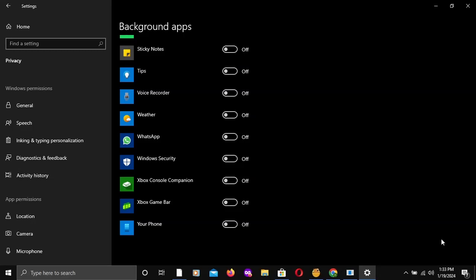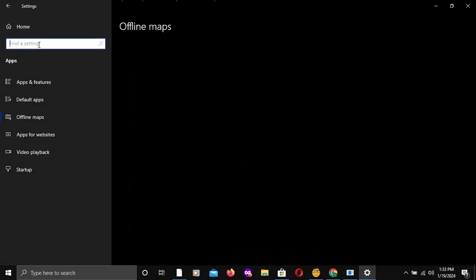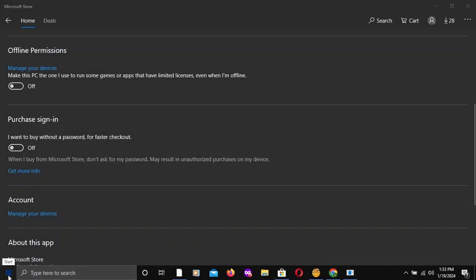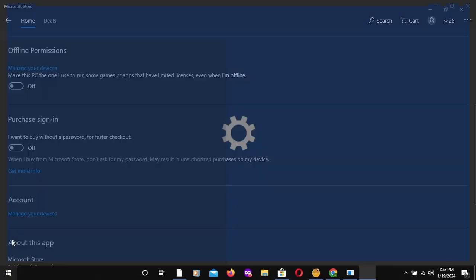So right now, the next step which you are going to be looking at is Windows Update. So Windows Update is one particular service that runs on the PC that consumes a lot of data. So right now, I'm going to come here. I'm going to search for Windows Update. So find a setting. So I'll come here. Let me go back. Search. Go back, come back here, come to settings,